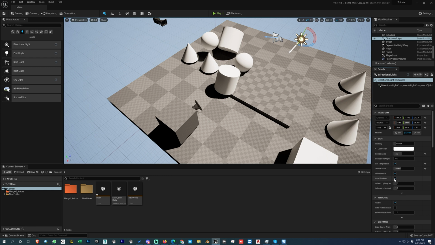And if you switch off this cast shadow, it will not cast shadow. And if you keep it on, then it will be casting shadows. Indirect lighting